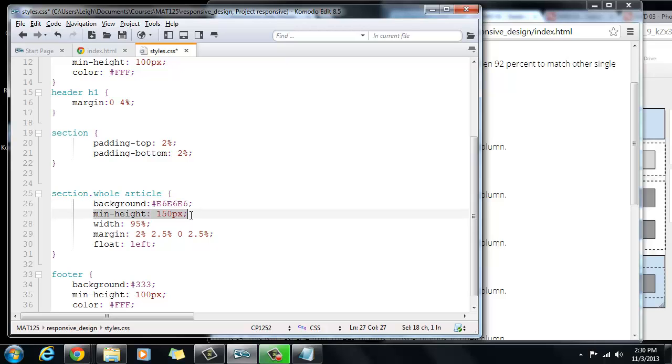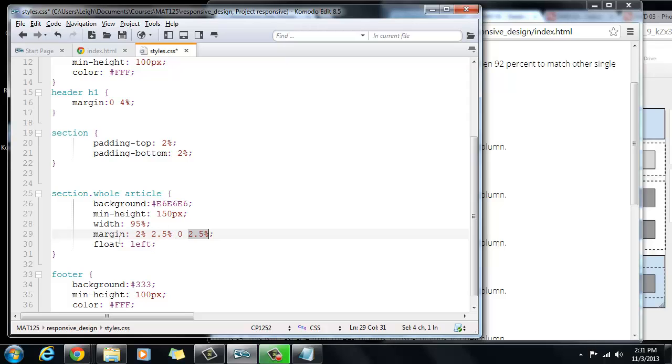The reason I'm doing min height is because right now we don't have any content inside of them except for a little bit, and so I don't want them to all collapse terribly. I want them to actually have a little bit of heft to them. And then for the width, we're going to say that's 95%. Okay, that leaves 5% left over. And if you think of 5% left over, then you would divide that for the left and right by 2.5%. The other thing you could do here is say automatic for these two. If you wanted to say auto and auto, you could do that,